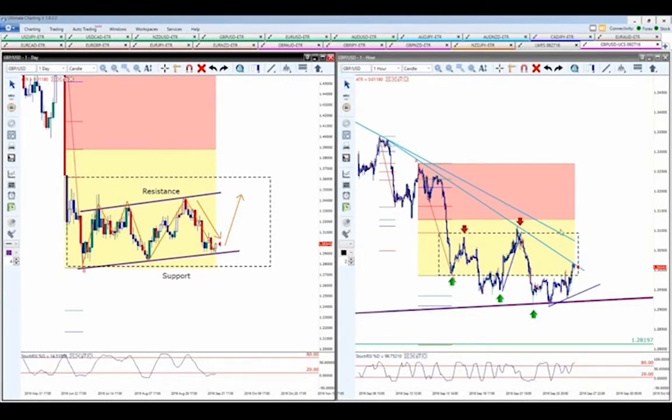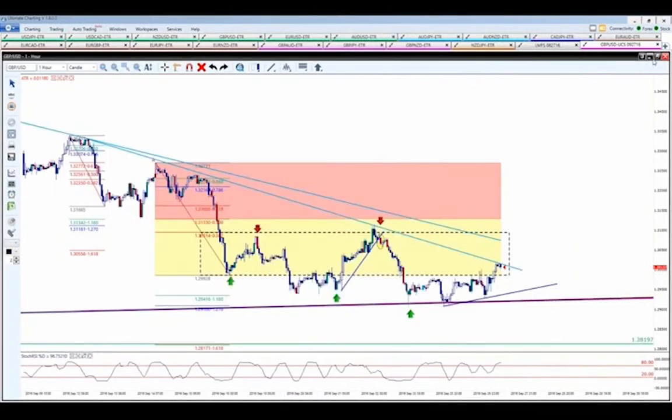I'll actually pull this up here in just a second, but at this point I was looking for the market to at least come down and hit this purple level right here. So let's go over here now to the 1-hour time frame, and let me show you how I actually set up the trade. I'm going to show you here where I'm looking to get into the market once again.